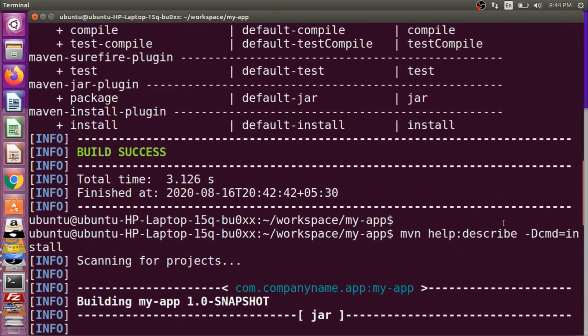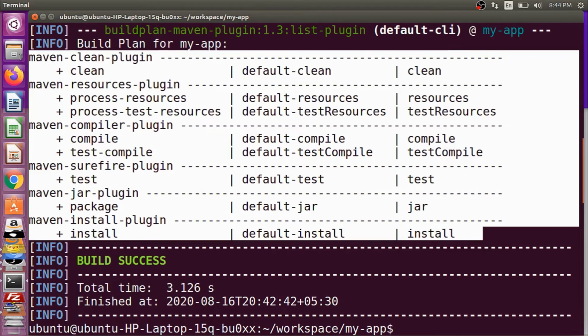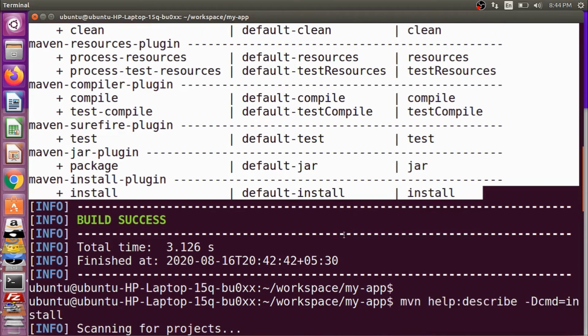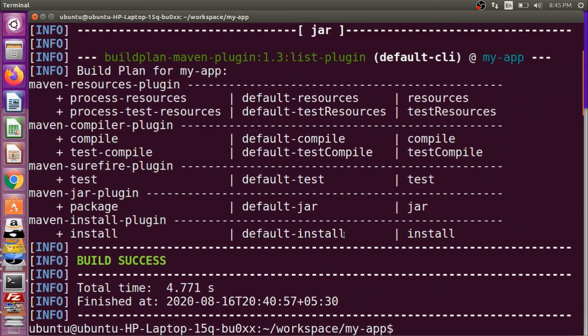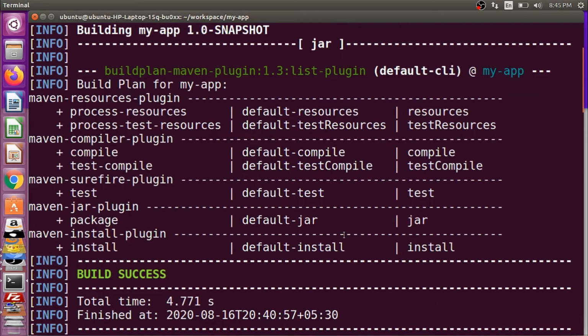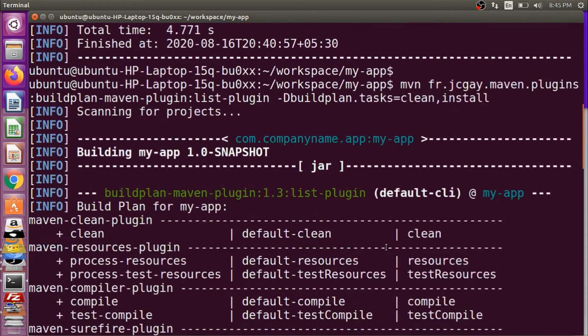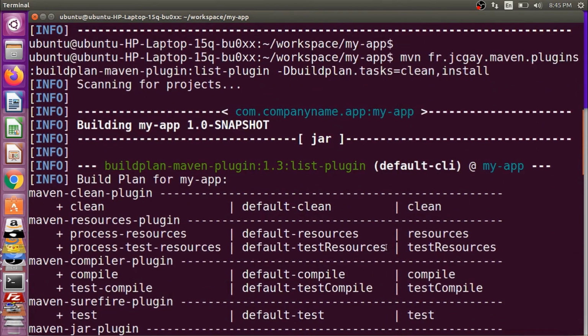But the second command will give us all the plugins for a particular task that is provided to us in the command. That is, for the first command, the task we gave was install, and for the second command, the task we gave was clean, install.